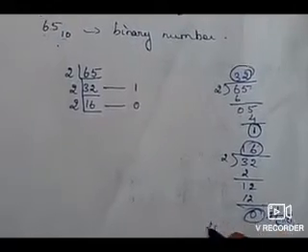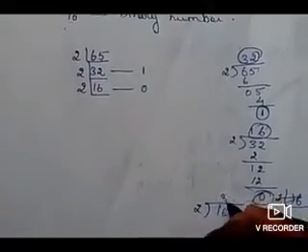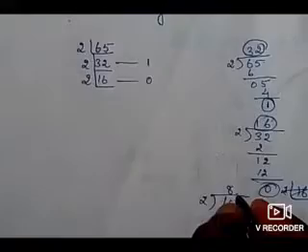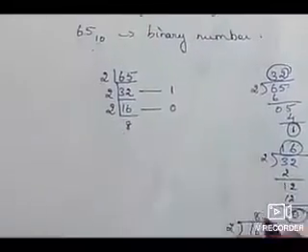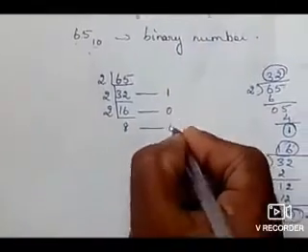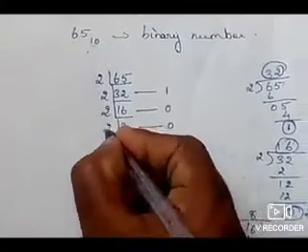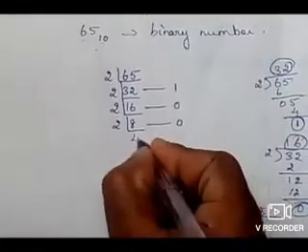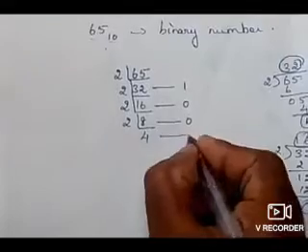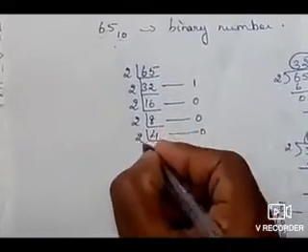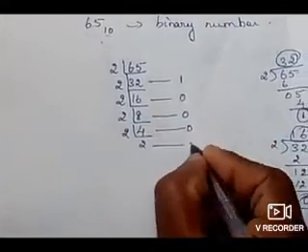Sorry, 16 divided by 2: 8 2s are 16, remaining 0. Write the quotient value here, draw one line and write the remainder value. The next 2: 4 2s are 8, we know the remainder is 0. Is it correct? Then next, 2 2s are 4, remainder 0.